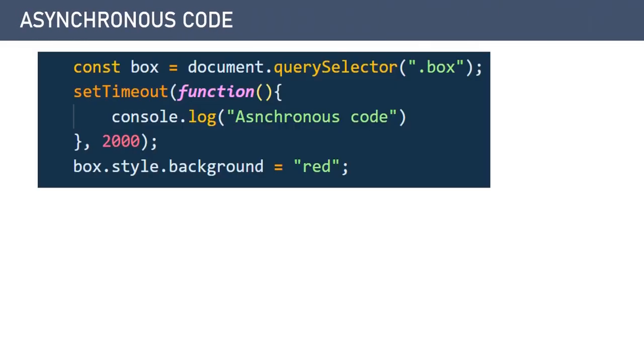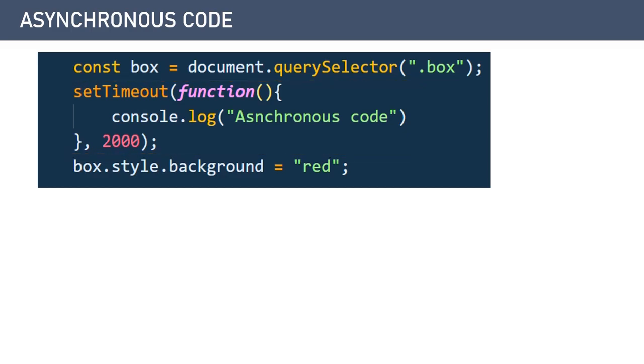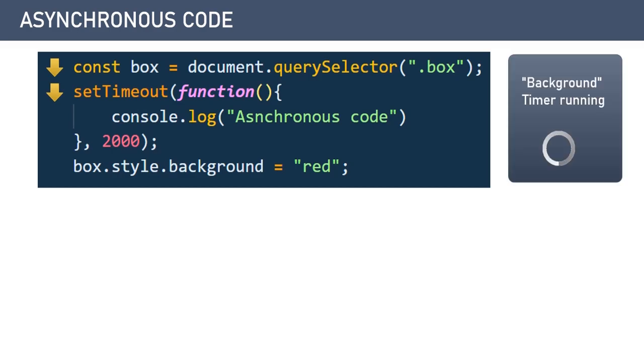Let's observe this code. Here we can see that the first line of code is the same and I just replaced the alert statement with setTimeout. Whenever we execute this code, the first line of code will execute in a synchronous way and then it comes to the second line of code in a synchronous way, and then the setTimeout function will be called and we have the timer which runs in the background for 2 seconds and then this console log will execute.